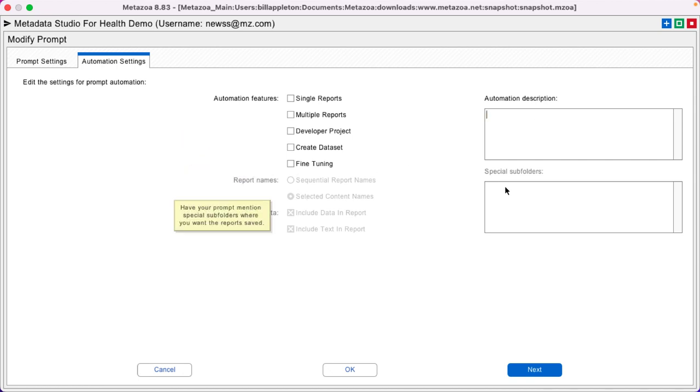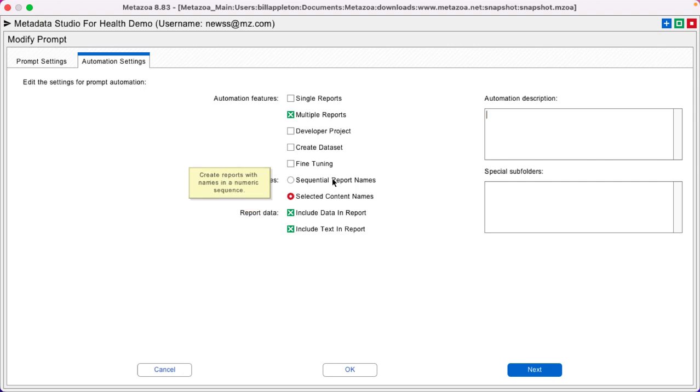And there's a couple of special options down here below. You can output reports with the selected content names or just with a simple sequential name, depending on what's appropriate. You can include data and text optionally in the report, depending on what you need. And you have special subfolders over here for classification of reports. So for example, if I have a special word here, whatever it is, it'll create a folder and put any reports that contain that word in that folder. So it's really powerful. For example, you can do low, medium, and high quality, and then ask the language model to